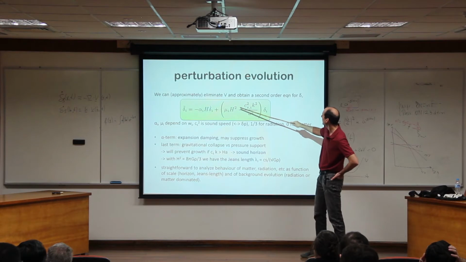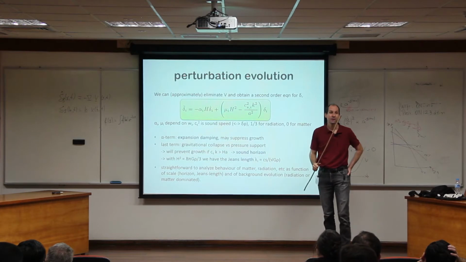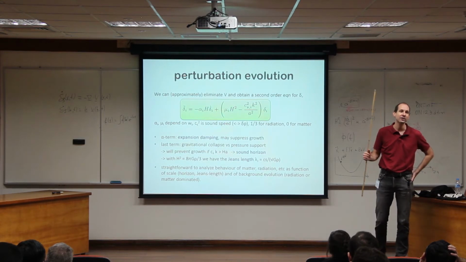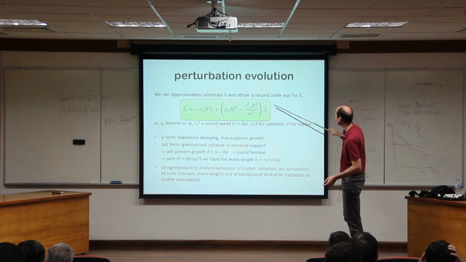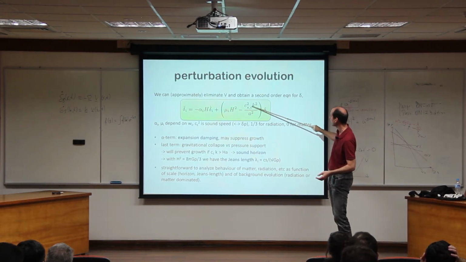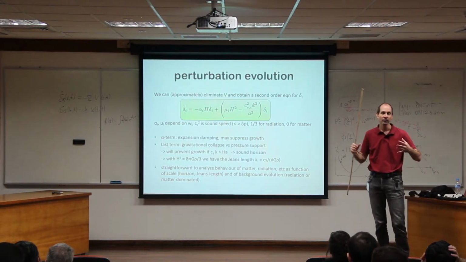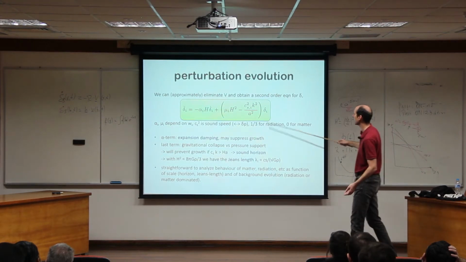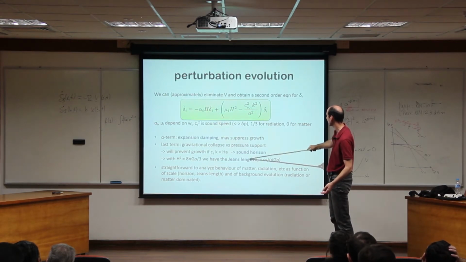So if this one is positive, then I get rapid growth. Actually, the friction will slow it down to power law growth, and this is the gravitational instability. So structure formation is unstable. You will form structure, but then because this is a k, as k becomes larger, if the sound speed is non-zero, at some point this term will become important, and then that is pressure support. And so at this point, pressure will stop gravitational collapse, and instead you will form some stable structure.